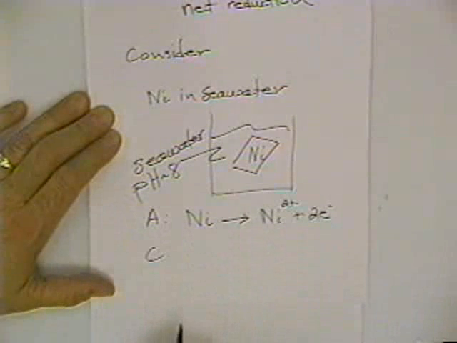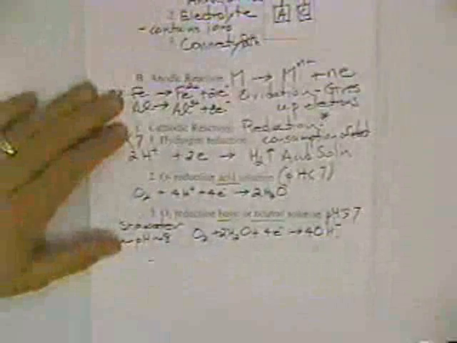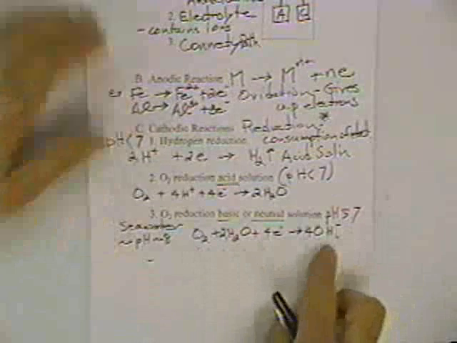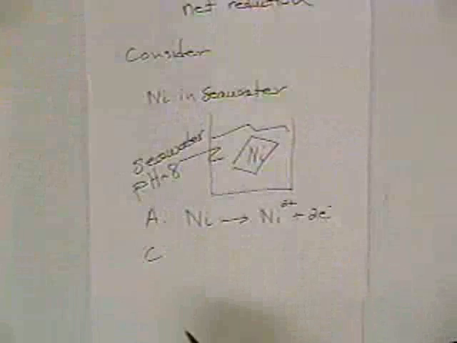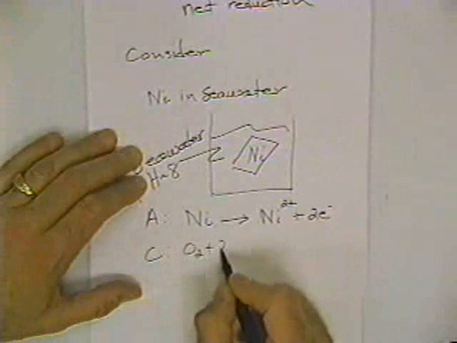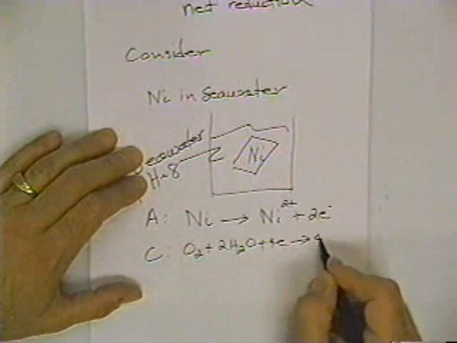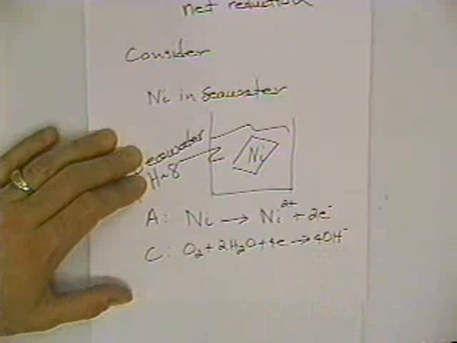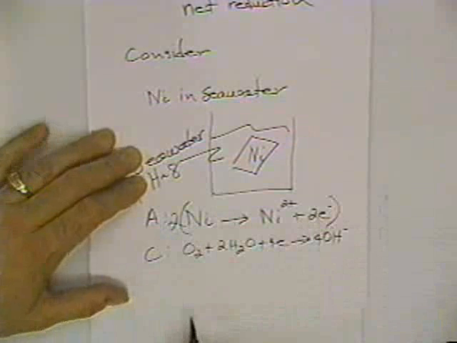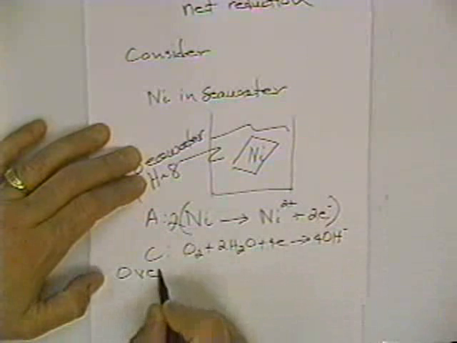The cathodic reaction would be, let's see, this is a basic or neutral solution, so the cathodic reaction that we would like to have would be this one right here. So we could write the cathodic reaction as oxygen plus 2 H2O plus 4 electrons going to 4 OH-. Now to balance this, we only have 2 electrons here, so we've got to multiply this by 2. We can add these, and so the overall